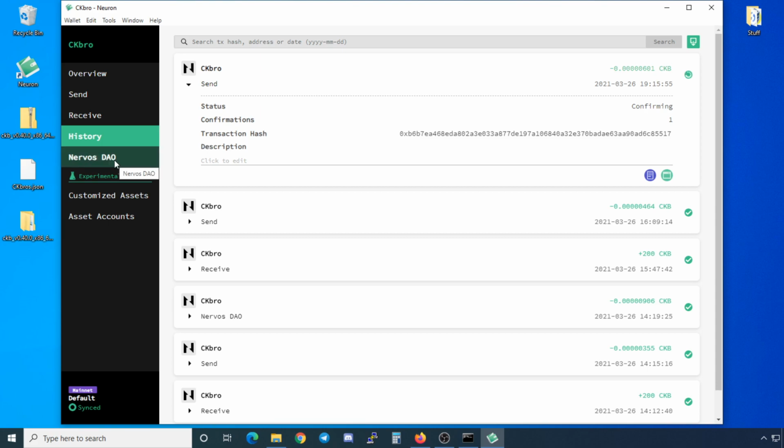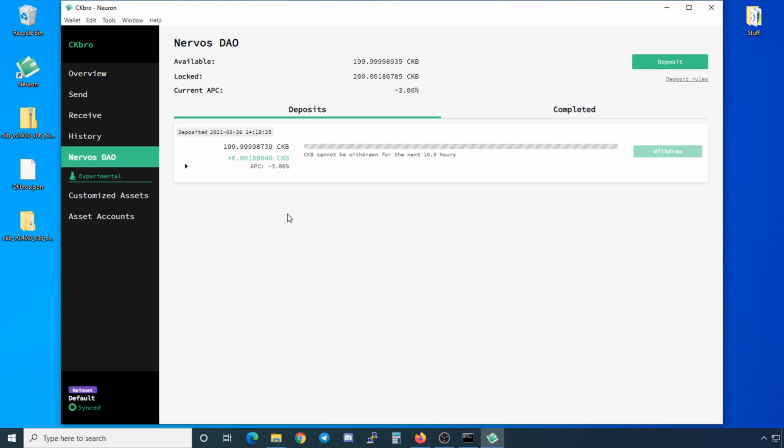So now to the interesting part, the Nervos DAO. The Nervos DAO is a special smart contract on Nervos where you can lock your CKB and get rewarded each block as long as you keep it locked. For a full explanation of the DAO, I will leave an article in the description below. To lock it in the DAO, you just specify the amount you want to lock. For example, when we go here to deposit,